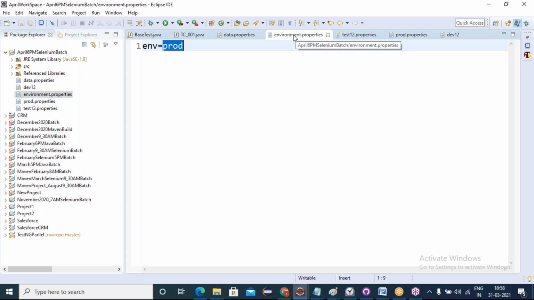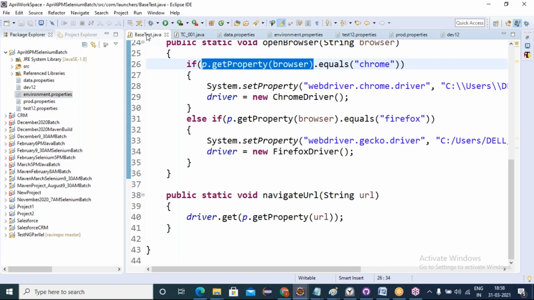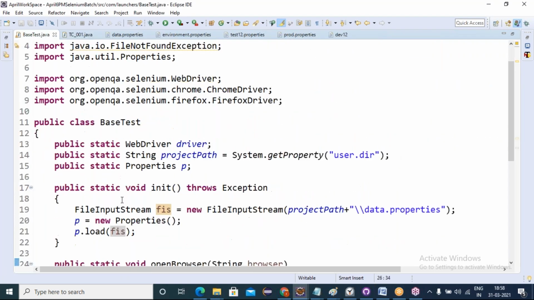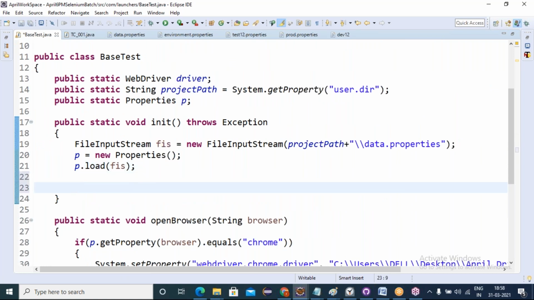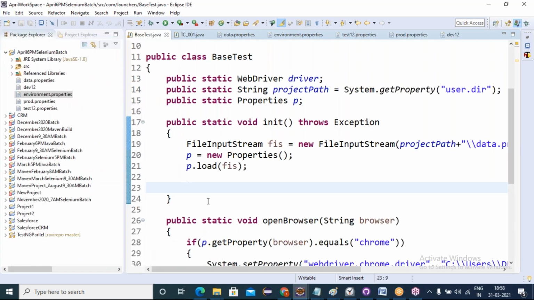Now tell me friends, how can I initiate and load this environment properties? Instead of data.properties, you have to give this file name. Yes, correct. Friends, I was repeatedly using FileInputStream, right?